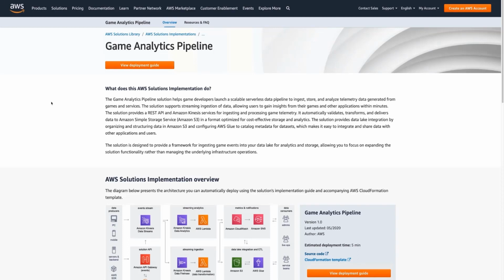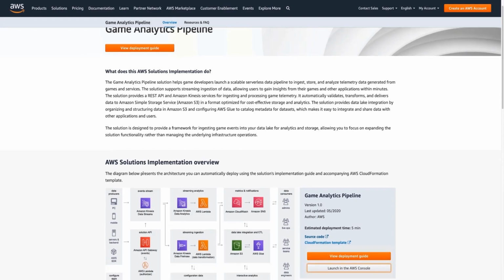So now we're going to demo the game analytics pipeline to show you how you can get started with it, to deploy it, and to showcase some of the different features that it comes with right out of the box. So here's the landing page of the game analytics pipeline. It gives you an overview of what the solution is, and it will provide you useful links like this deployment guide right here, which walks you through how to deploy the solution step by step,